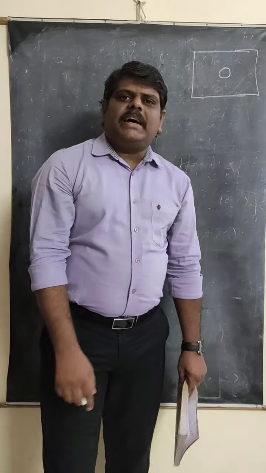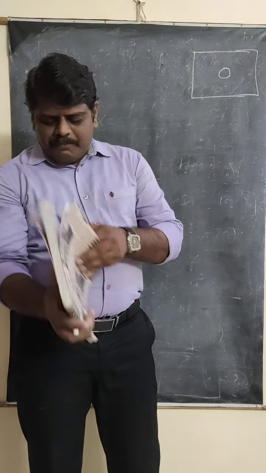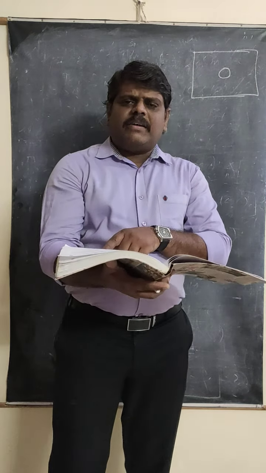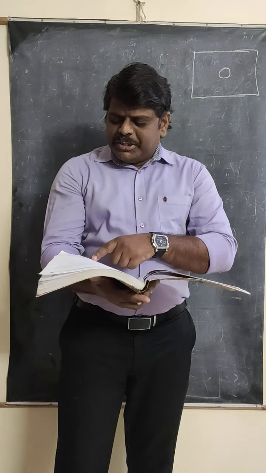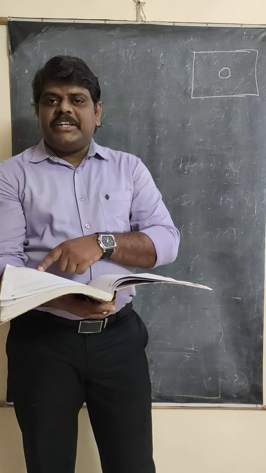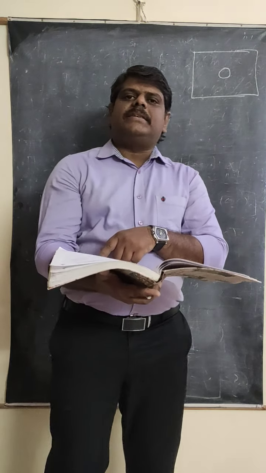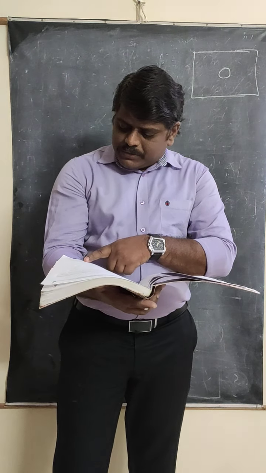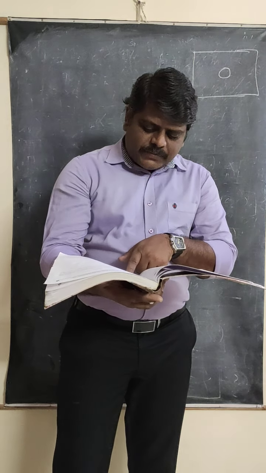In the problem, the same thing is asked. What is the change in the diameter of the hole? The initial diameter is given as 4.24 centimeters. In this one, whatever diameter is given, we can consider as L only. We can represent the initial diameter as L1, that is 4.24 centimeters. The initial temperature is given as 27 degrees Celsius, and the final temperature is 227 degrees Celsius. That means it is heated up to 227 degrees Celsius. And the coefficient of linear expansion, alpha, is given as 1.7 into 10 to the power of minus 5 per degree Celsius.